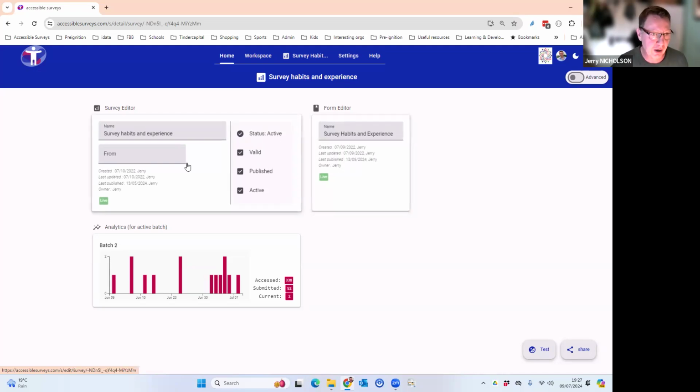The survey editor controls all aspects of how you share or distribute a survey. So the main things there are you can create a landing page, which can introduce your survey when a respondent first clicks on a survey link. And it's also within the survey editor settings that you can generate your survey links. There's a link builder as part of that survey editor.